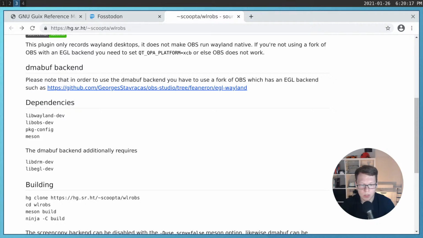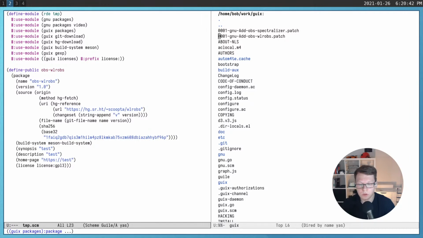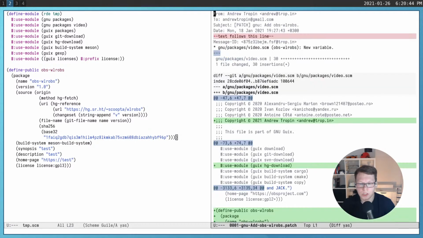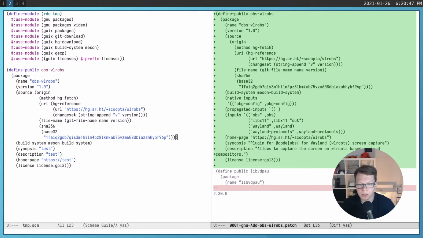What we need: libobs, we need libwayland, pkg config, and Maven. Maven we will get automatically by the Maven build system, but those three dependencies we need to specify. And there are additional dependencies in case you build OBS differently, but we won't be doing it today. We will just take a look at what I already explored and which dependencies are required. And here